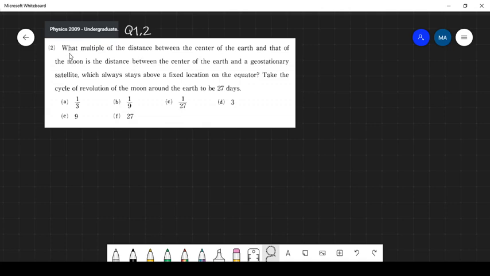So, what multiple of the distance between the center of the earth and that of the moon is the distance between the Earth and a geostationary satellite? So, first of all, let's say, if you have here the Earth,